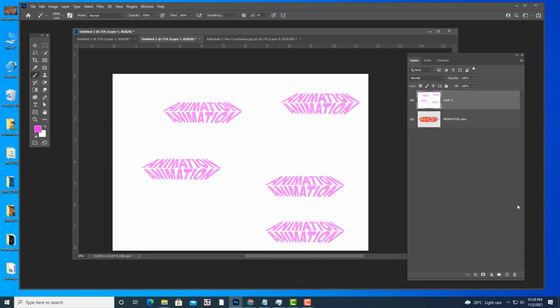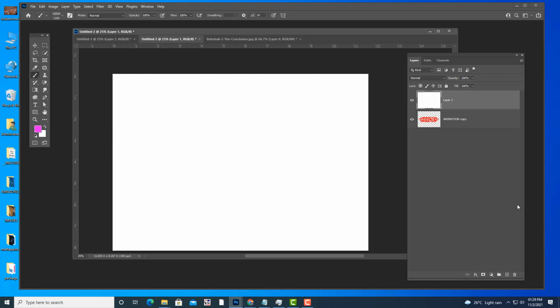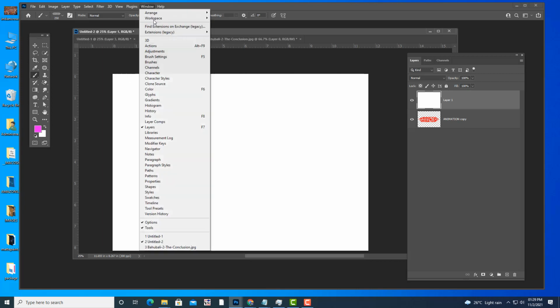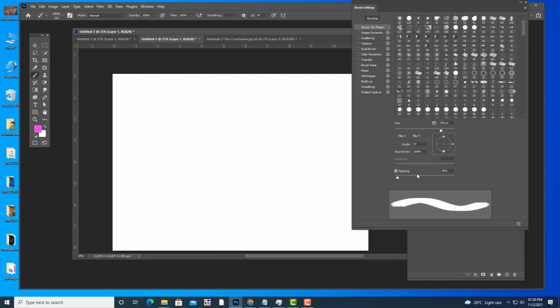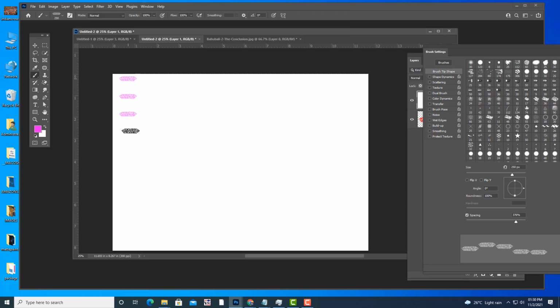So you can also combine this brush with brush settings, and you can create some nice borders. See, just open this brush settings. You can increase the spacing here, and then you can simply use it like your own brush. See,